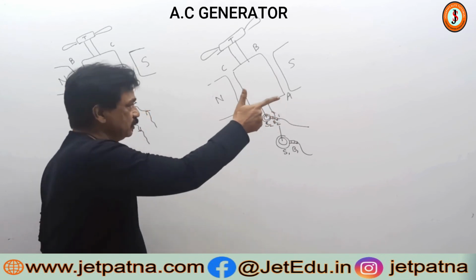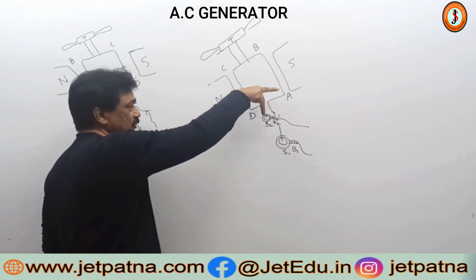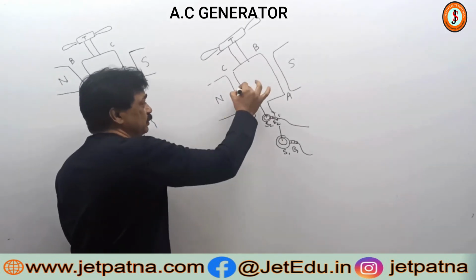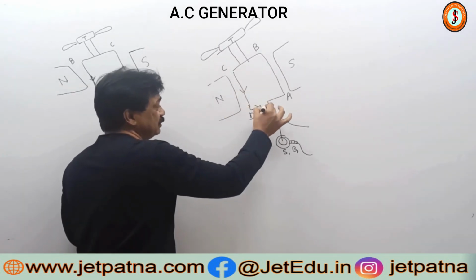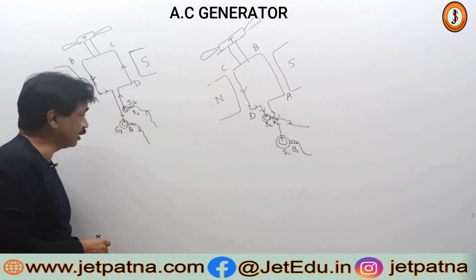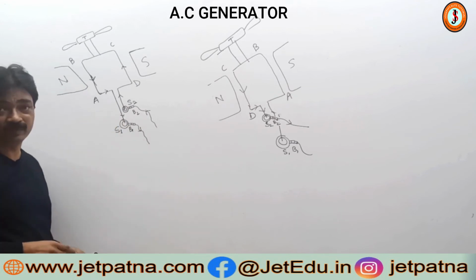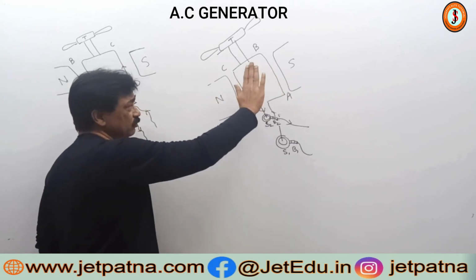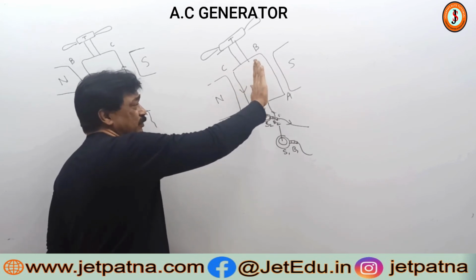Now what is happening? North to south I have directed. CD is going inwards. So now what is happening? Current is flowing from D to C. That means the current is going out from B2. Here what was happening? The current was coming in. And at the same time just the opposite thing will happen. See, north to south. Now when CD is going in, AB has to come out.